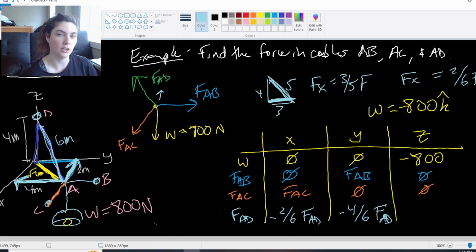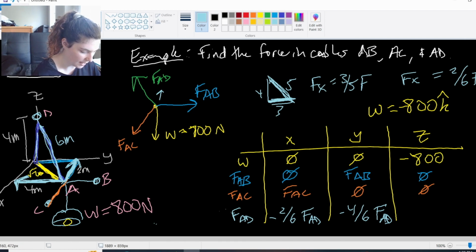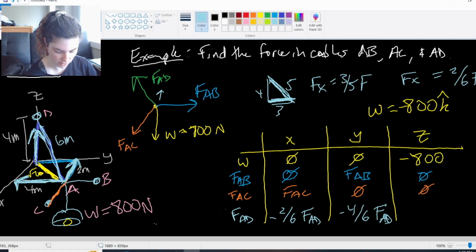This is essentially a unit vector. This is just a ratio that I've gotten from my triangles, and I'm putting it in this table so I can see all of my x, y, and z components broken up. And then my z component going up from A, my z component here is a +4, right? It's going in the positive z direction,